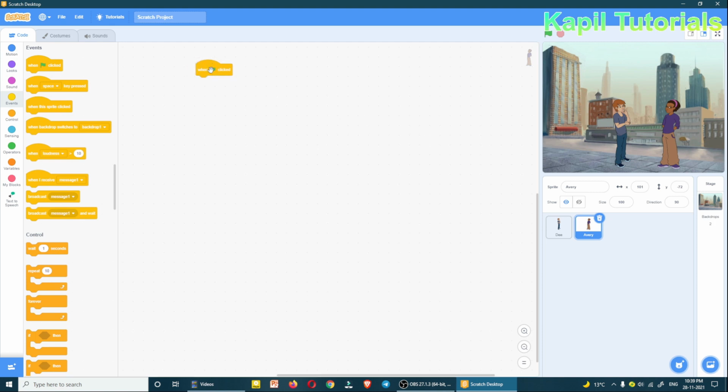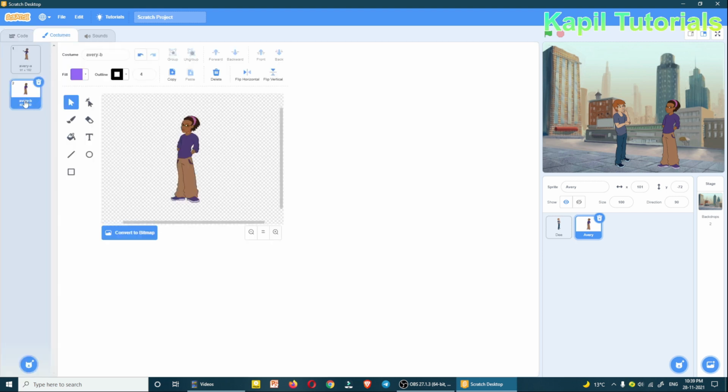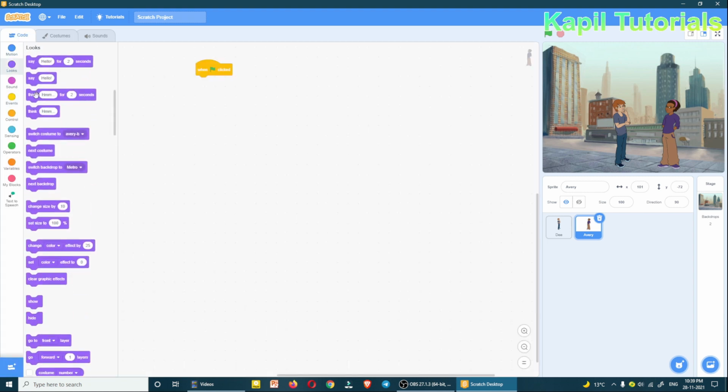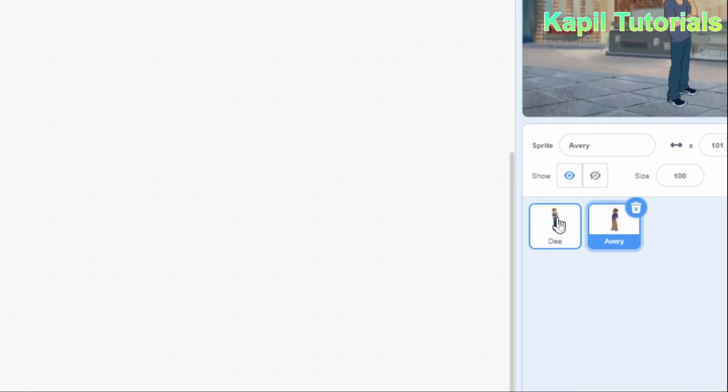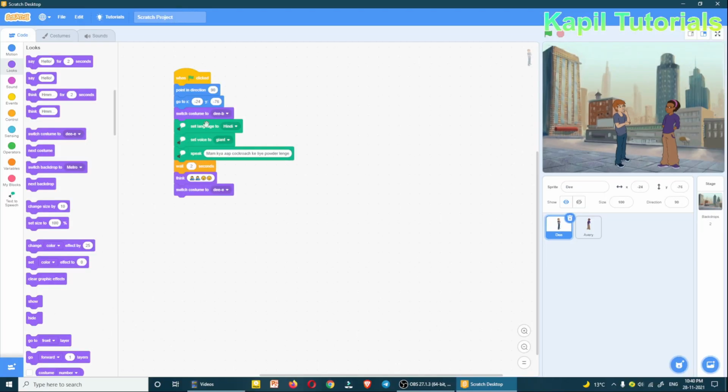Whenever my program starts, I want the default costume to be this one, every B. So I'll click here, looks, under looks, switch costume to every B. So I have to wait some time, because while the event starts, the D is saying plenty of things. So I have to give time to that talk, what D is saying.